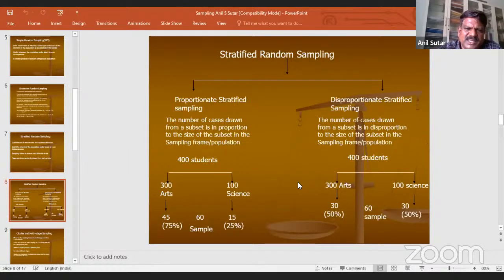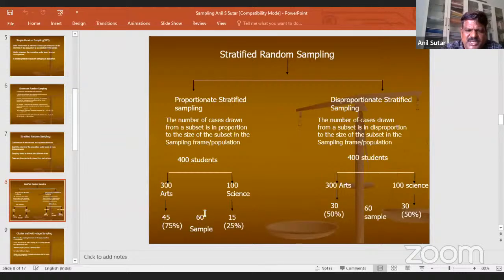I have given the illustrations here. You can just see. In the case of proportionate stratified sampling, the subsets are given weightage in proportion to the population size. For instance, suppose in a college there are 400 students, and you want to select 60 as your sample, as I have shown here.